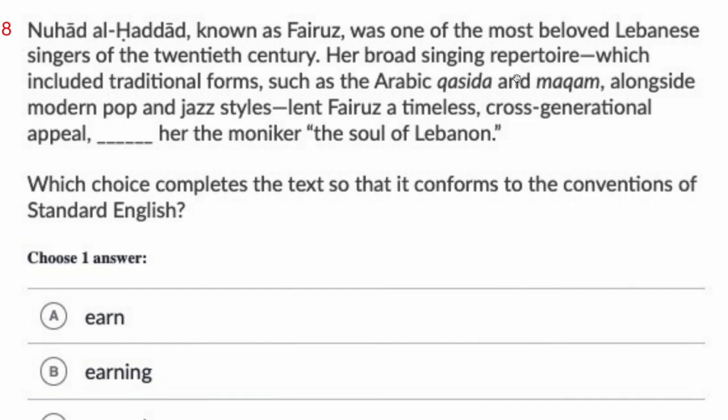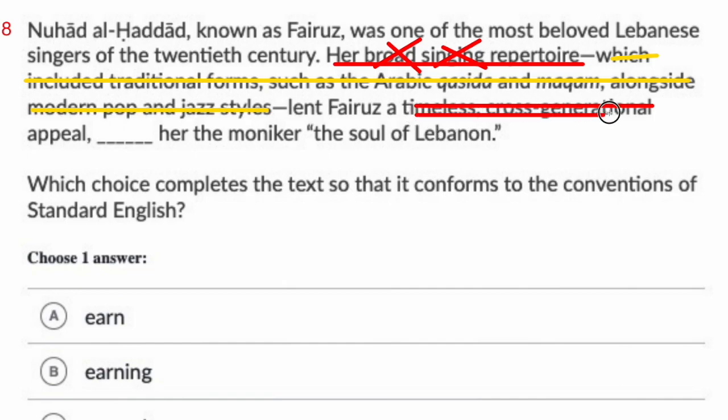I'll tell you. Okay, first of all, to simplify things, we want to get rid of the lengthy interruption and focus on the real bare bones of the sentence. And we could even eliminate that adjective and that adjective if you wanted. Her repertoire lent her a or an appeal. So this portion, we didn't have to cross all of that out, but that is the